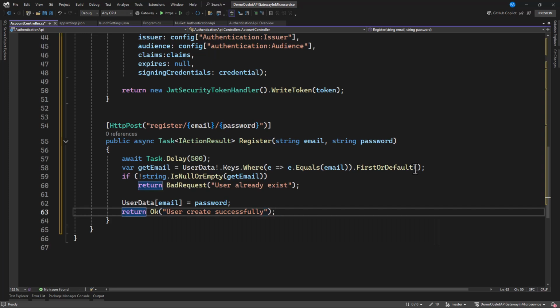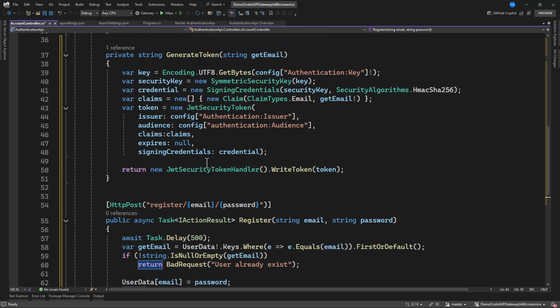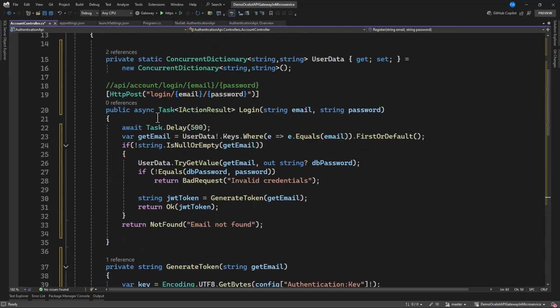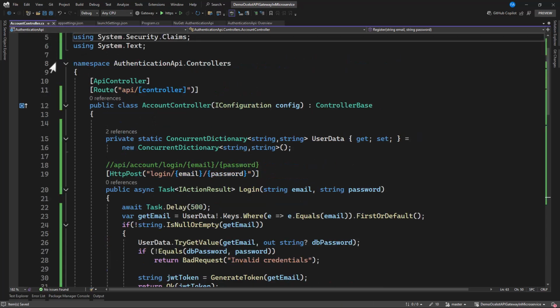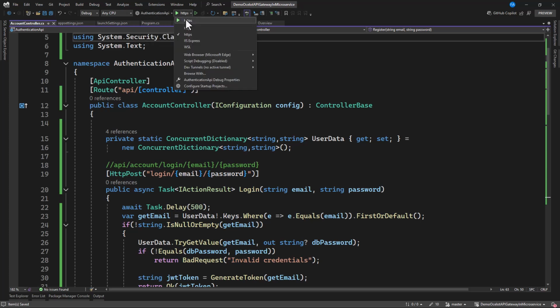Okay, so that's what we have. This is going to be our login and our register endpoint. Our login is going to return the token as soon as we are done. Great. So let's try only this endpoint and let's check this out.